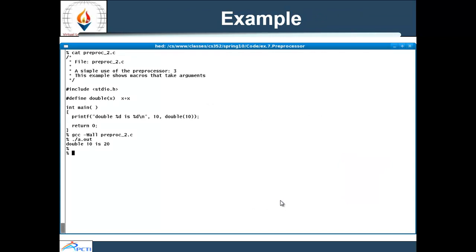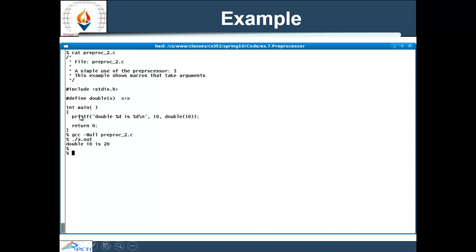Here I have included hash define double x that will double the value of x with x plus x. If I enter the value of x as 10, then it will do the double, that is 20. So it can be used like this. I have created this macro, that is hash define double, with the parameter x, and this is the operation to be performed, x plus x.